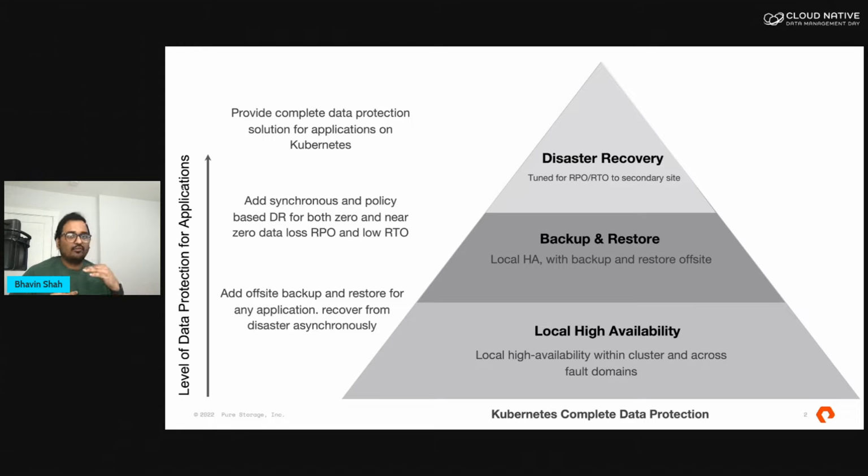And then if you want to meet additional SLAs in terms of zero RPO, or zero recovery point objective, or really low recovery point objective, and a really low recovery time objective or RTO, that's when you add that next tier or disaster recovery solution. So today, especially, we look at an asynchronous DR solution where we have two EKS clusters. One of them is running in the US East 1 region.